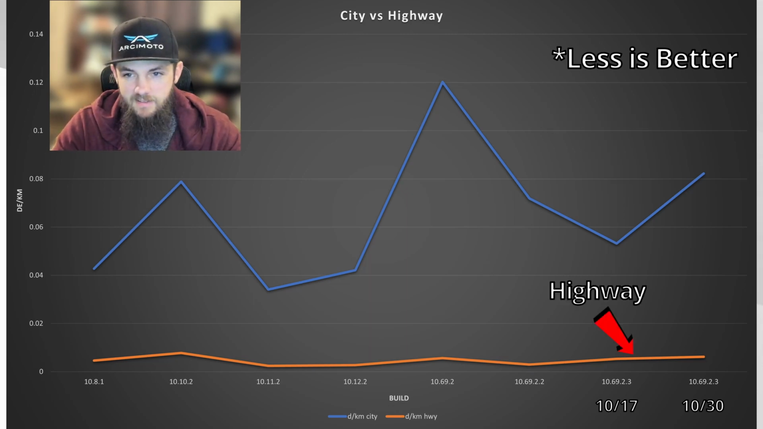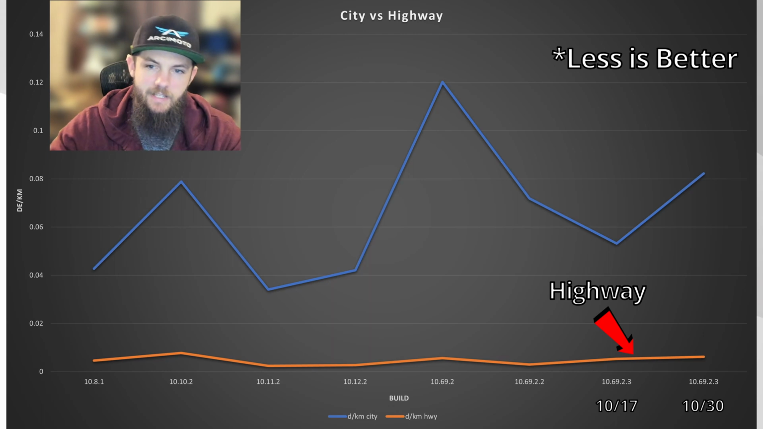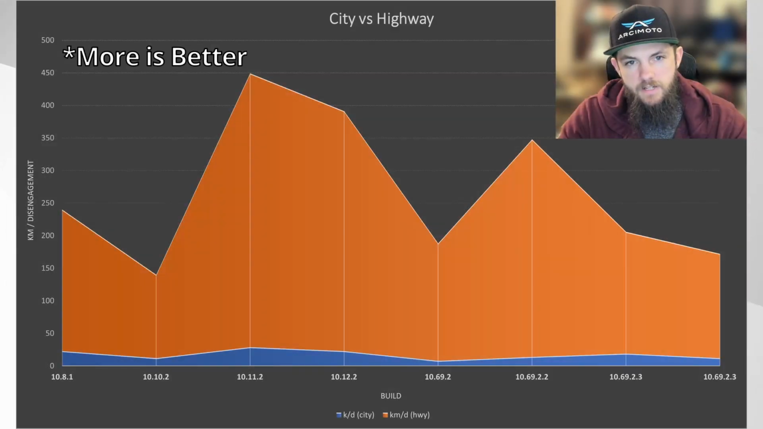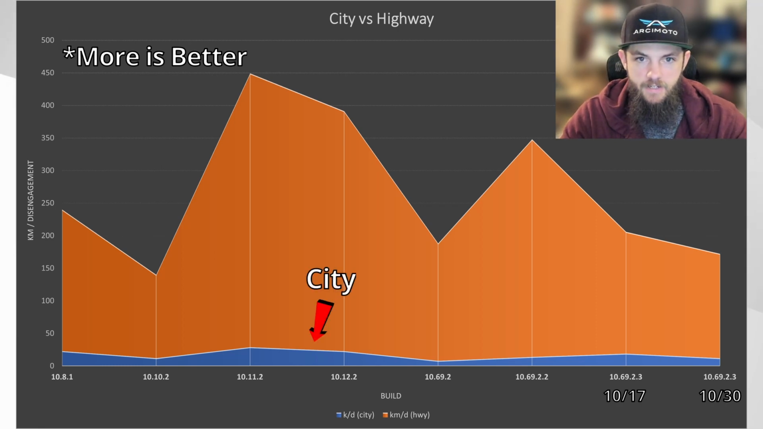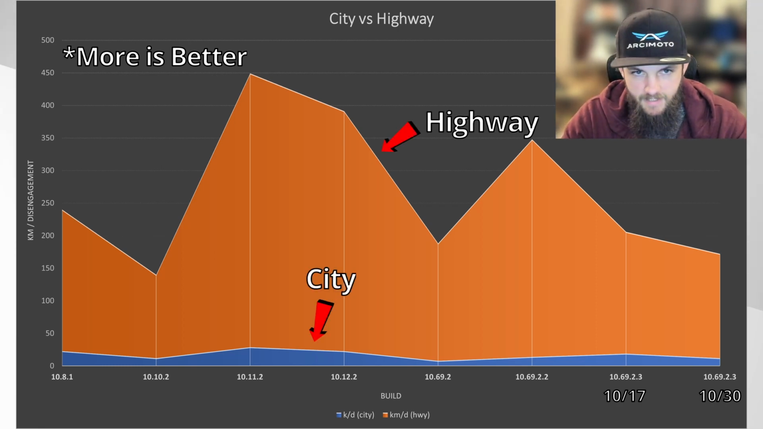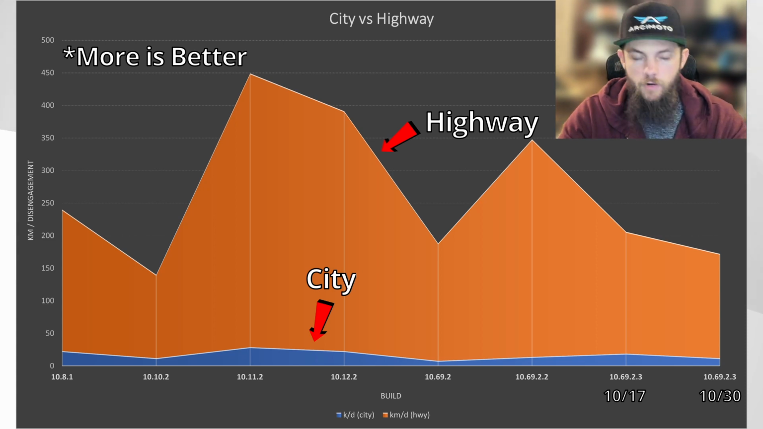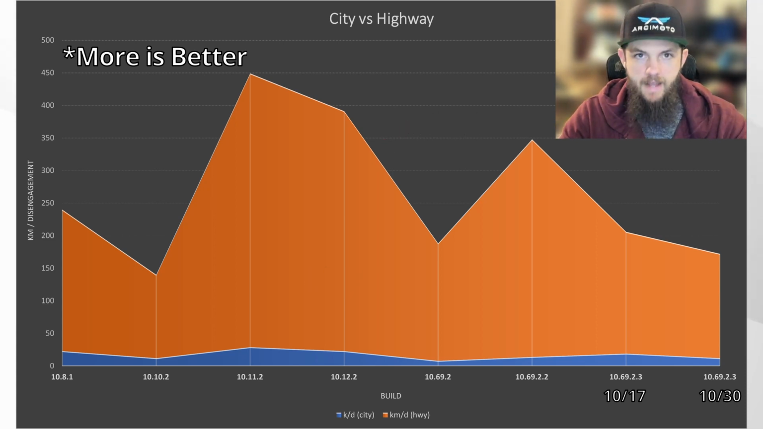Hopefully to no one's surprise, highway continues to move along rather consistently compared to city streets, and I don't expect that to change until we see a major change in the software itself. On this next chart here, there's not as much to say because it's the same information you just saw, but with an inverse approach. So more is better. And on here, blue is city streets, whereas orange is highway. So this is kind of a how far does it get before a disengagement occurs,